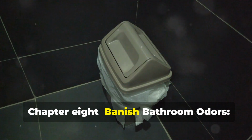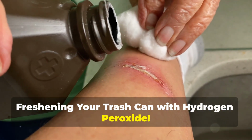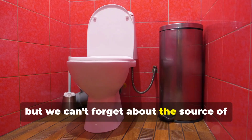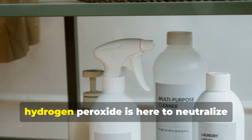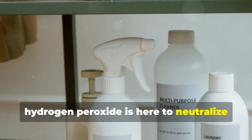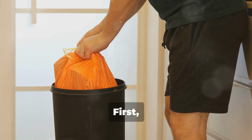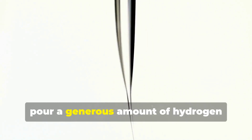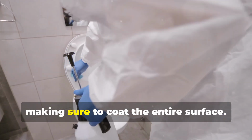Chapter 8. Banish bathroom odors. Freshening your trash can with hydrogen peroxide. Our bathrooms are looking and smelling amazing, but we can't forget about the source of many unpleasant odors: the trash can. Luckily, hydrogen peroxide is here to neutralize odors and leave your trash can smelling fresh and clean. First, empty your trash can and give it a quick rinse with water. Then, pour a generous amount of hydrogen peroxide into the bottom of the trash can, making sure to coat the